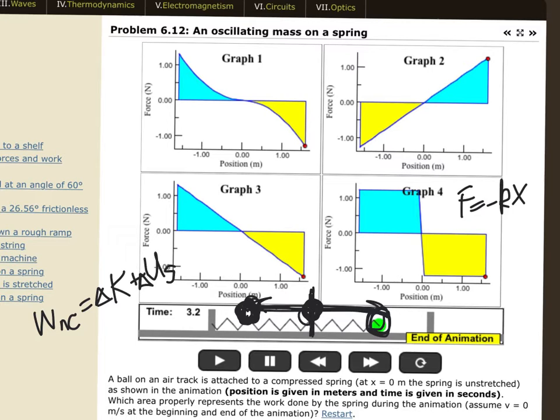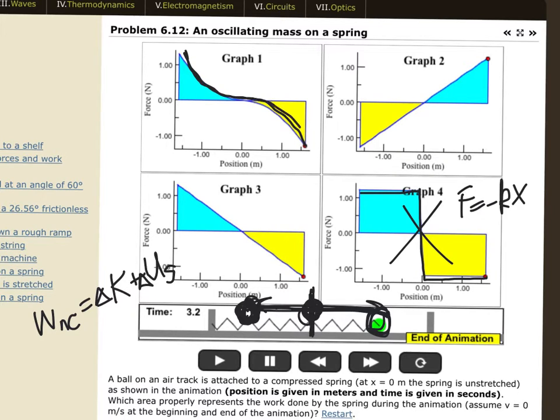And first we need to identify the graph. So first of all, we can reject graph 4 because the spring force isn't constant and then in the middle instantaneously switches to a negative constant value. No, it changes gradually. But does it change in a curved way? This is like